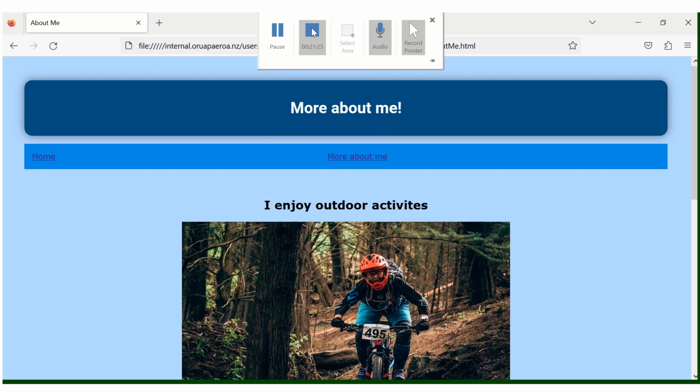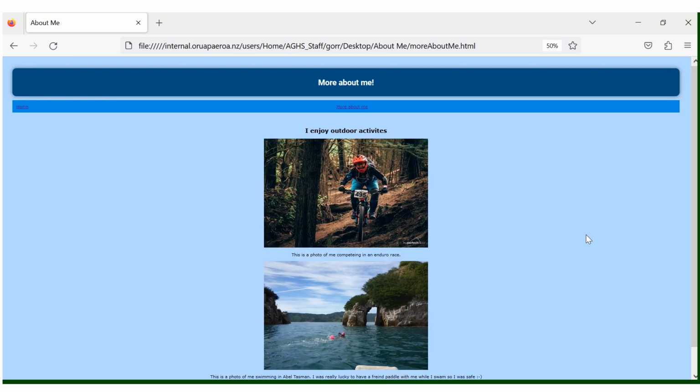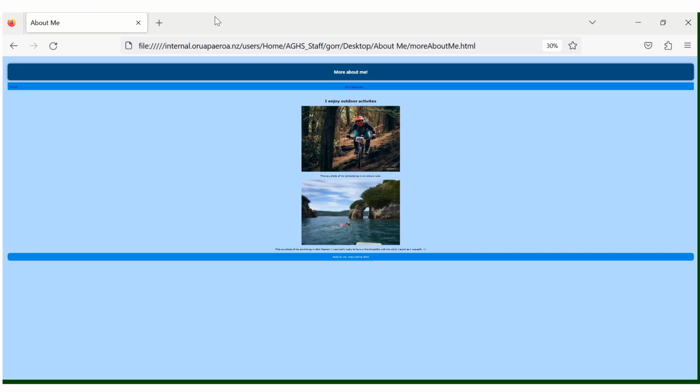Anyway, have fun, be creative, take your snips. If you need to shrink the page, remember Control minus, minus, minus. Oh, there we go. It's a bit small, isn't it? But you know, you take your snip,